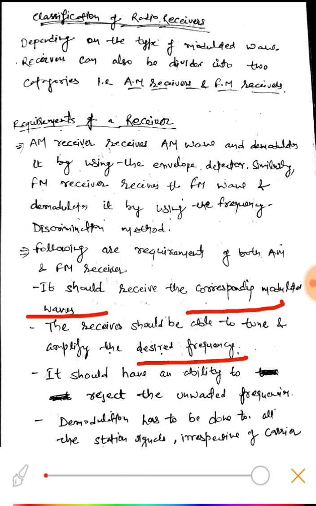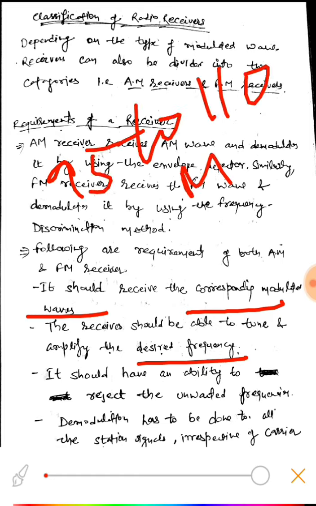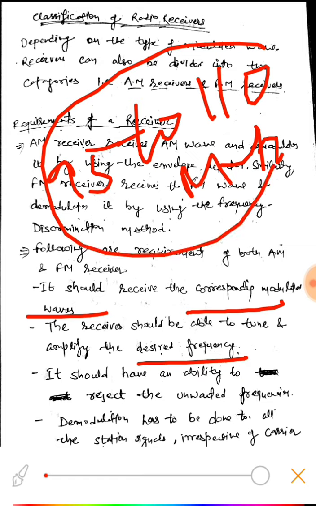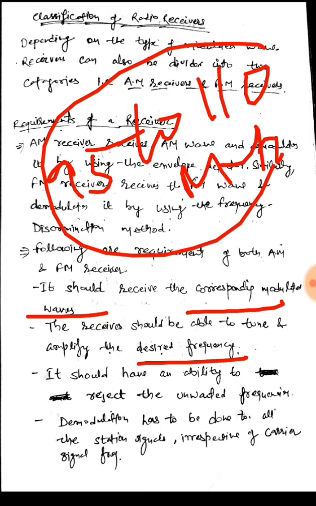If we are using the FM receiver, then we must be able to tune our circuit in the megahertz range, that is 95 to 110 megahertz, as most of our FM broadcasting channels broadcast in this range, like 98.3 or 102.6 and so on.